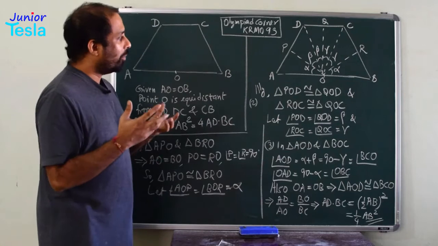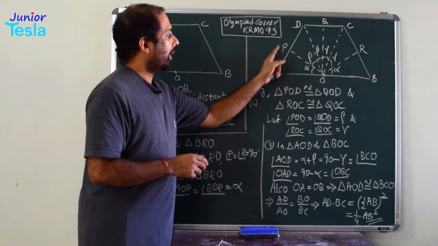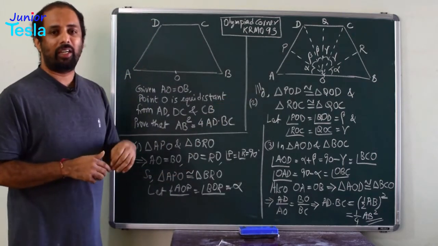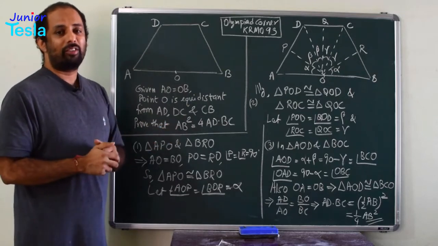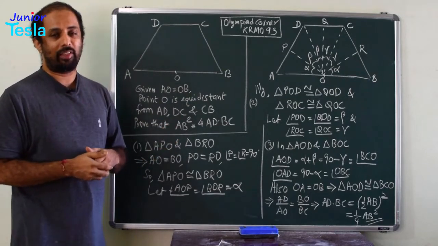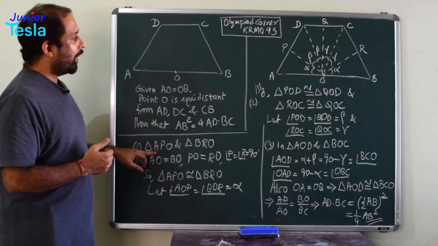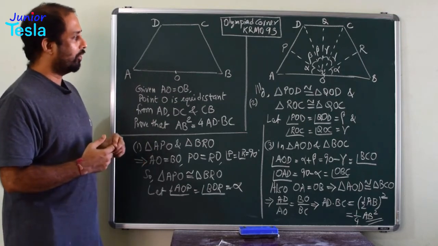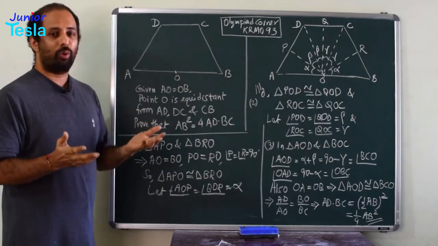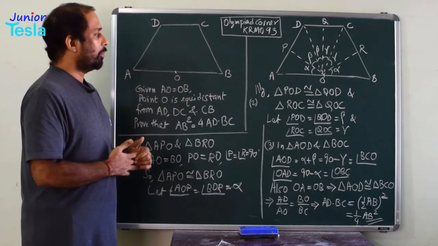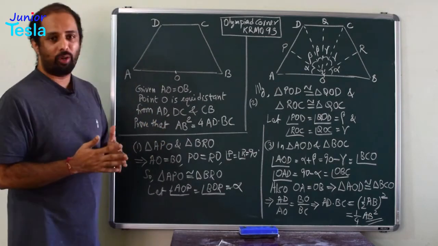We can start comparing some of the triangles, right. For example, here AOP and BOR, we can take these two triangles. Why? Because two sides we know, AO and BO, they are equal. So, there may be some connection between these two triangles. Let us explore what that relation is. In triangle APO and triangle BRO, AO is equal to BO, given. Then OP is equal to OR, that is also given, because the point O is equidistant from two sides AD and BC.